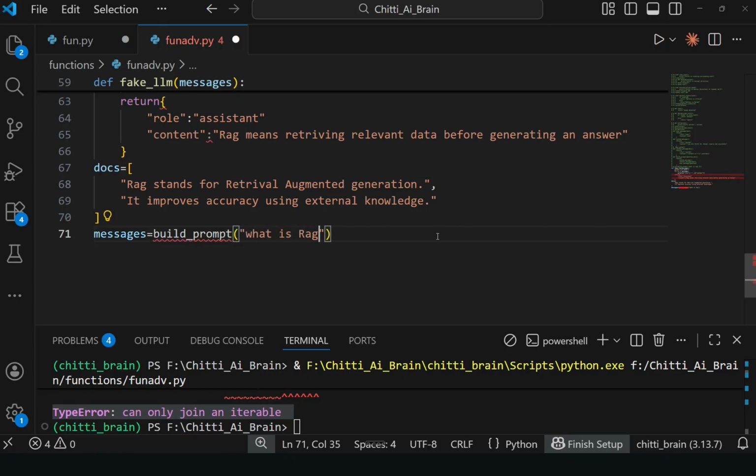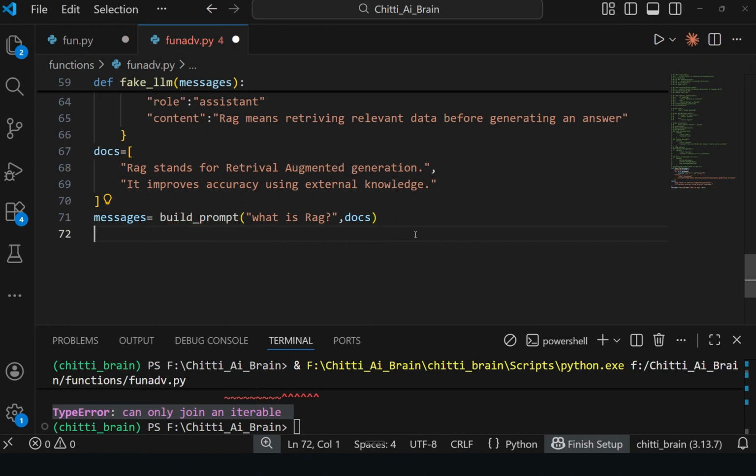From the build prompt function we already defined there. Whatever question we ask there, that question will go to the fake LLM as a message. From that message it takes input and responds. The role acts as assistant and the context gives the answer. That is the motto, right?